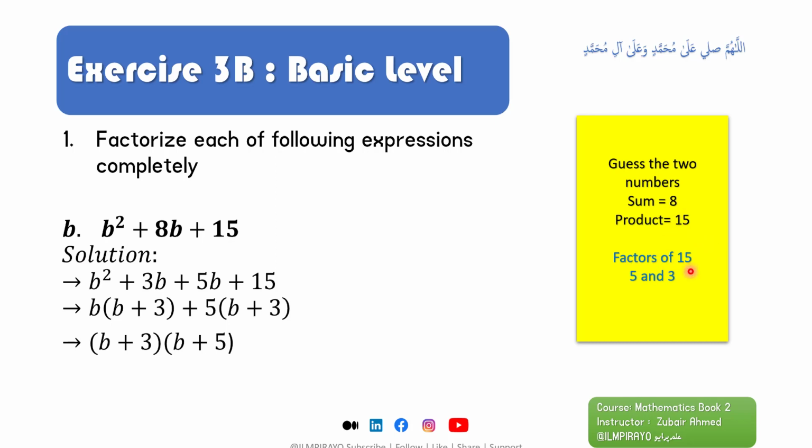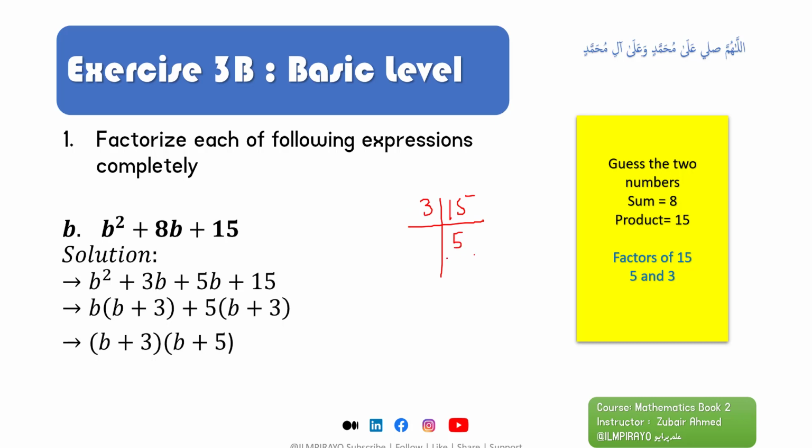Similarly, we have the second question. Now we have to find out the factors of 15. These are 5 and 3. When they are added up, we get 8. And after that, we have to get the highest common factor, HCF, so that we get the answer after factorizing